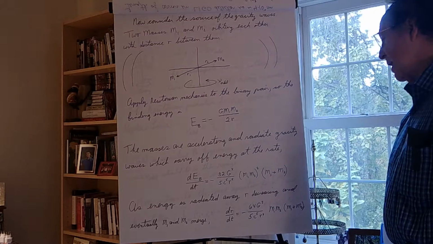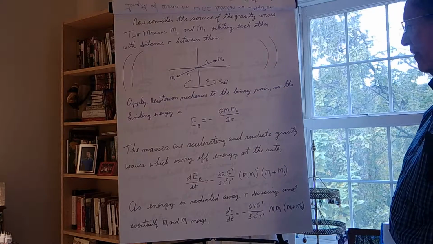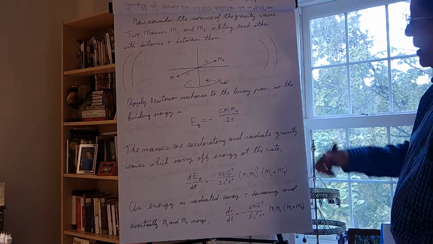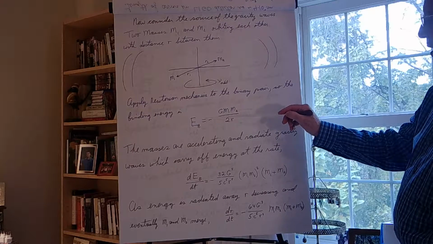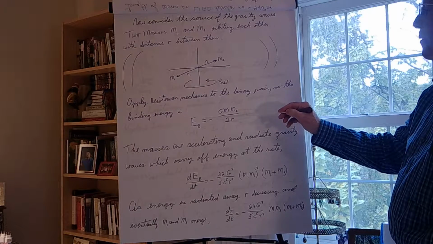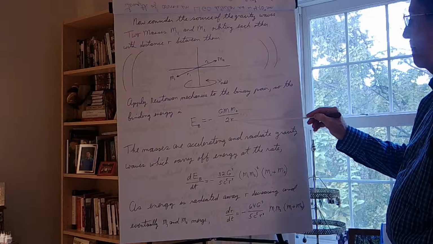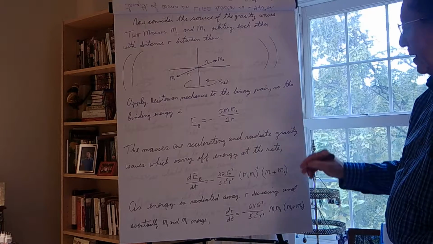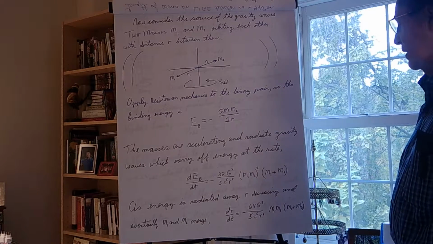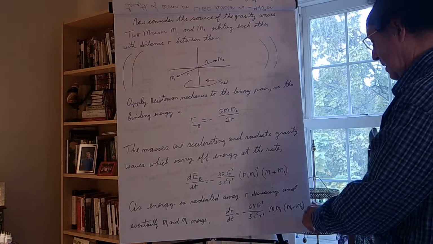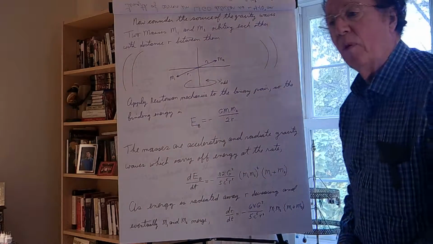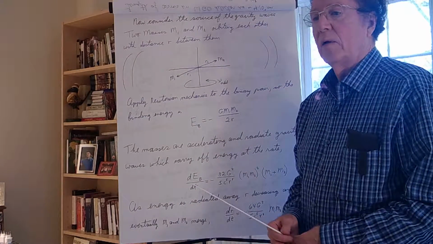If energy is being radiated away, r is decreasing, and eventually m1 and m2 merge. From this equation, giving me the dependence of the binding energy on the distance between them, I can plug that in and get the rate of change of the distance between them, and there you go. These are important formulas, okay, because